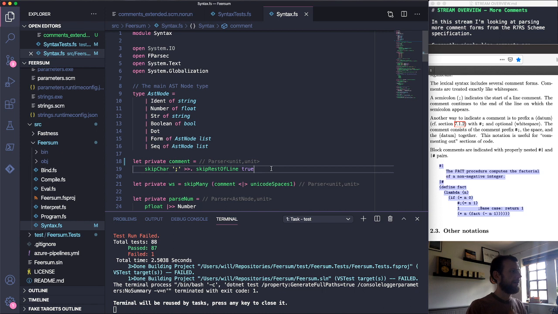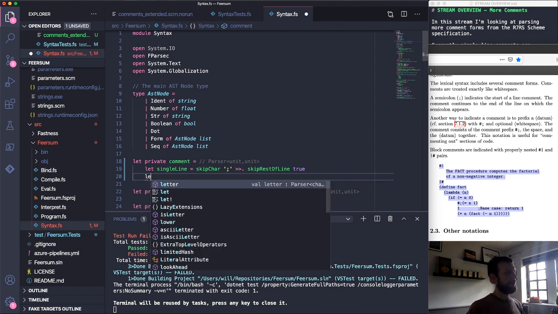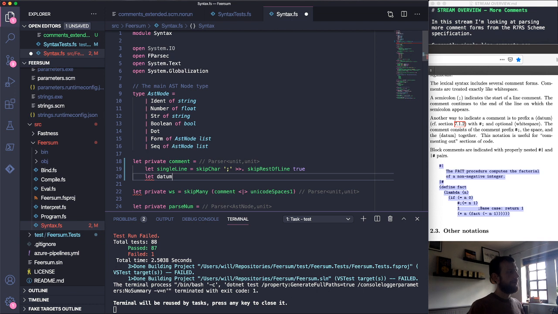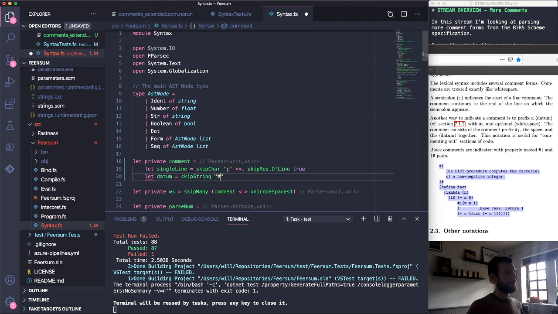Anyway, so the plan here is that we will, let's make these all functions. So we'll go let single line. A single line is if you skip a character and then skip the rest of the line. We'll also have let datum. So a datum comment looks like skip string, it's a hash and then a semicolon, and then